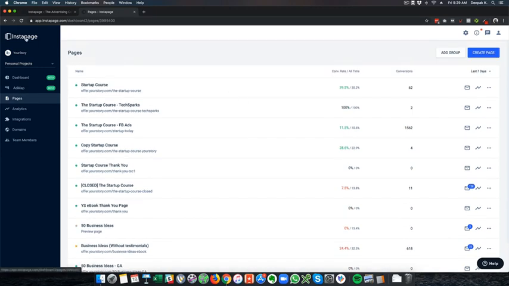Very simple to use, very easy to use builder, very well built and very solid. The good thing about it is that once you are driving traffic to your landing pages through paid advertising, you really don't need to worry much about the page going down and your ad budget getting wasted or something like that.